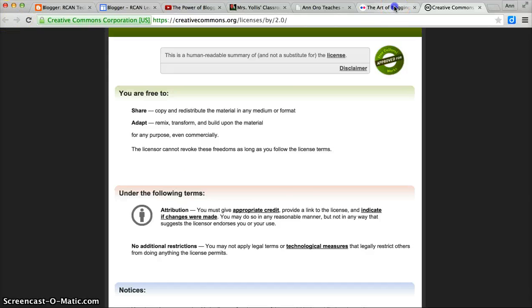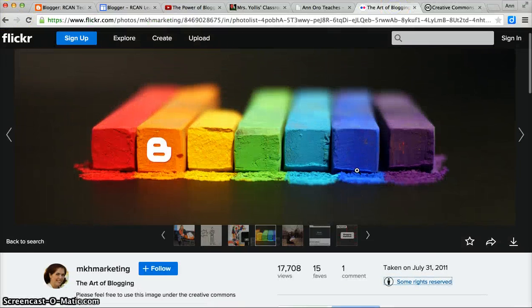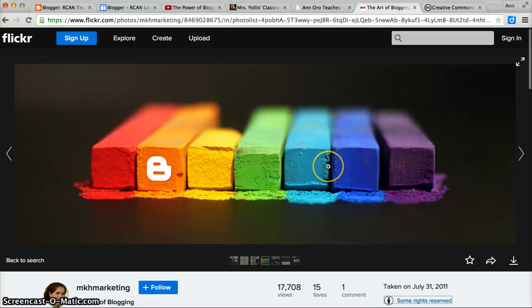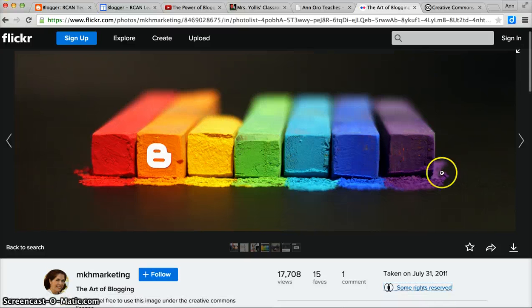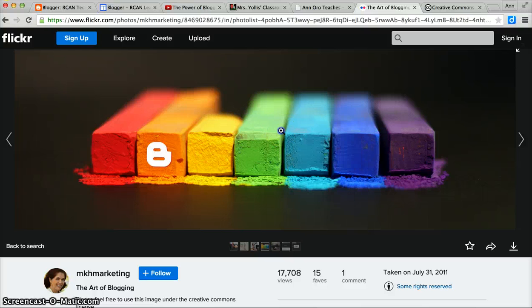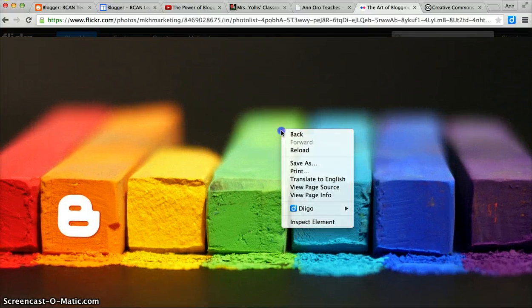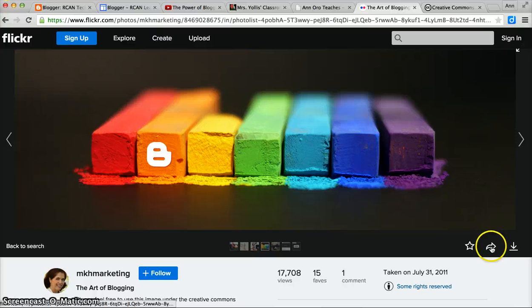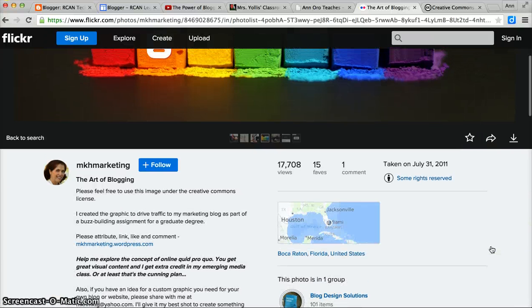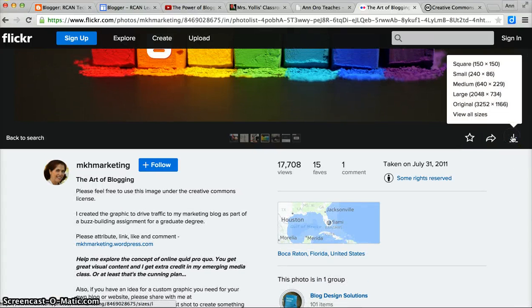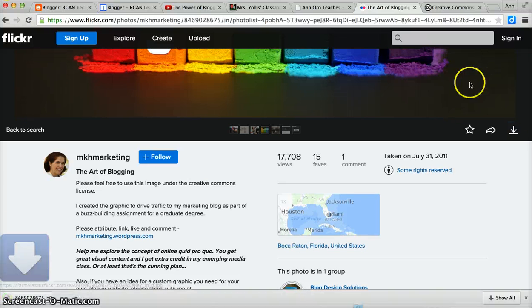So let's go back to that picture. I can either download it and upload it to the computer, or I can right click. Let's see if I can do that. No, I don't think I can. Okay, so I'm going to download this picture, and I really just need a small picture, so I'm going to go for small. Now that picture's been downloaded,